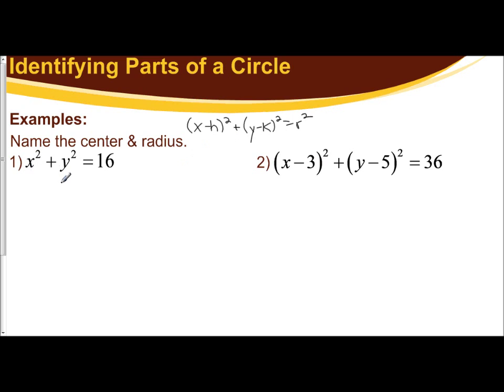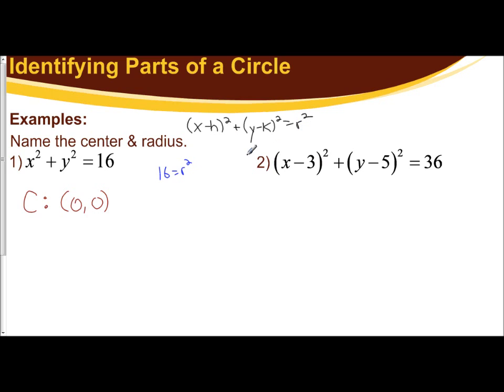So if I look at this first example, I don't have a parentheses around the x or a parentheses around the y, for there is no number being added or subtracted to the x. There's no number being added or subtracted to the y. And so that means those numbers are zero. So our center for this circle is represented by the coordinate (0, 0). Now 16 represents r squared